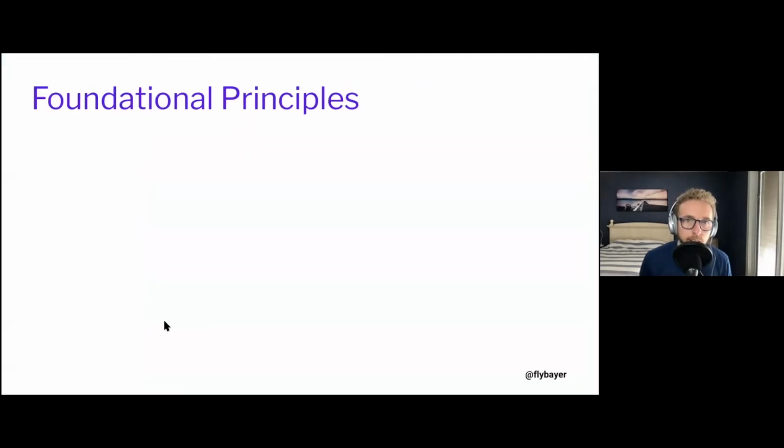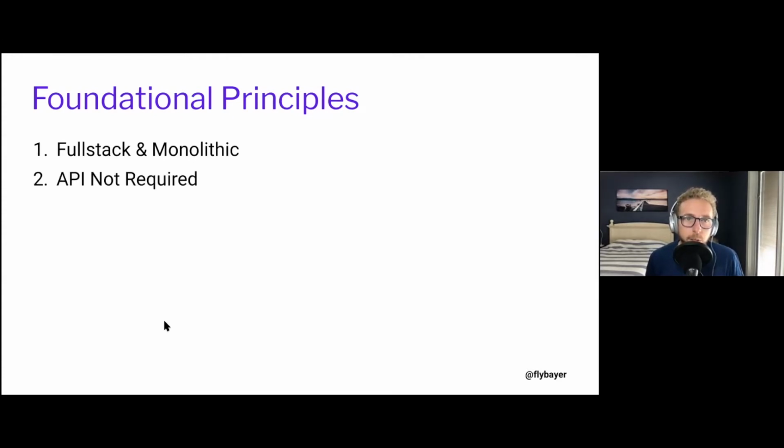All right, so now let's go back to Blitz, and I'm going to list out the 7 foundational principles. Number 1 is full stack and monolithic, which I already touched on. Number 2, API not required, which I also touched on. Number 3, convention over configuration.